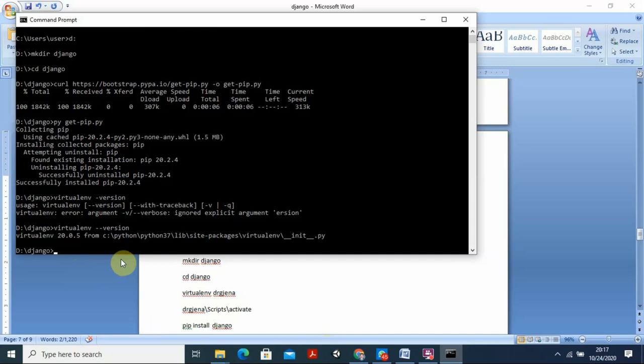Now I am going to create a virtual environment for my project. I told you why you are going for this virtual environment. So for that, what I need to do? Just use virtualenv, and there I create an actual environment. What is my environment? I go for Dr. G Jana, say for example. So Dr. G Jana is the name of this virtual environment. You have to remember all things, write it down in a place. I have written it. So virtualenv Dr. G Jana, and enter it here.